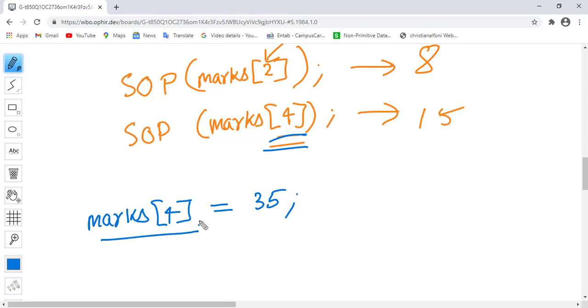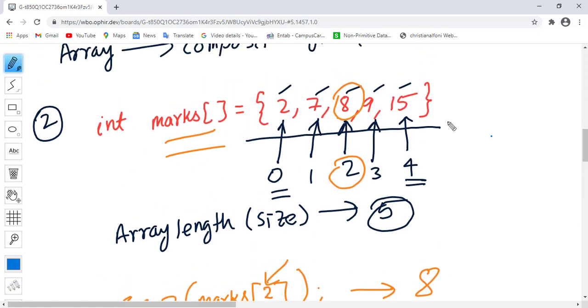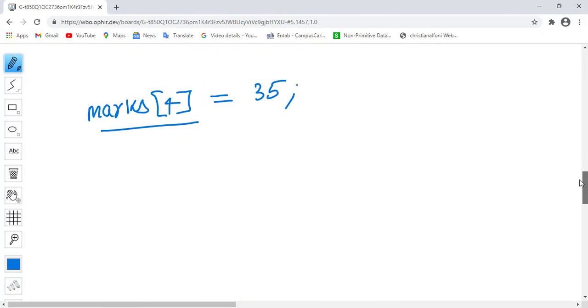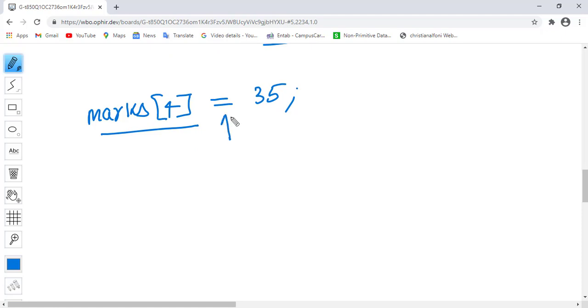I've written marks within square brackets 4 and assign 35. That means this value 15 will be replaced by 35. Okay, so this is how you'll apply the assignment operator to store some value or to change the value of the array at a particular index.